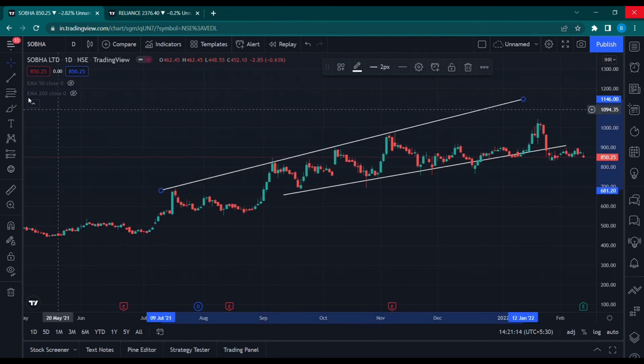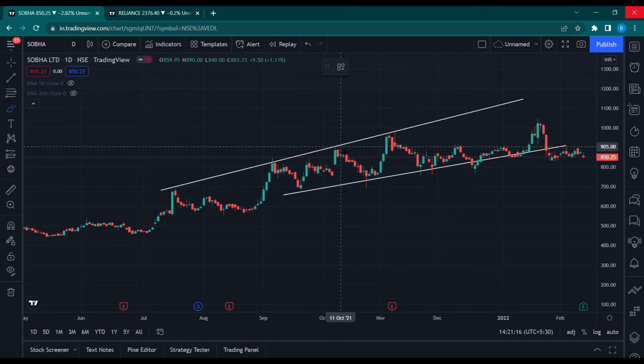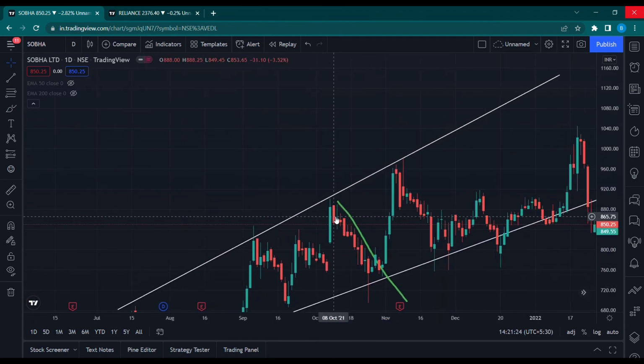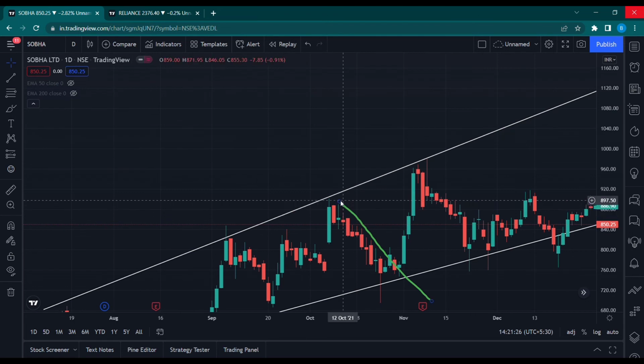So just when this forms, right? So this was a trend line, right? This was actually a pullback. So you can mark it with a trend line. So this trend line, we usually give it a special name.